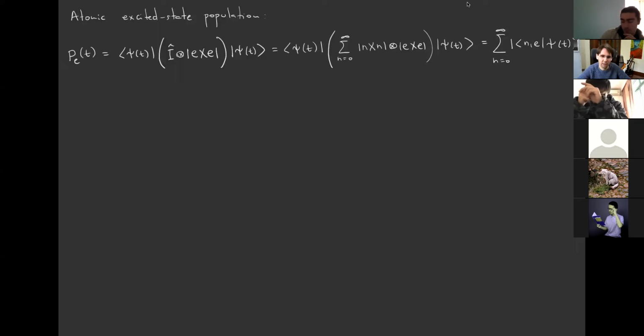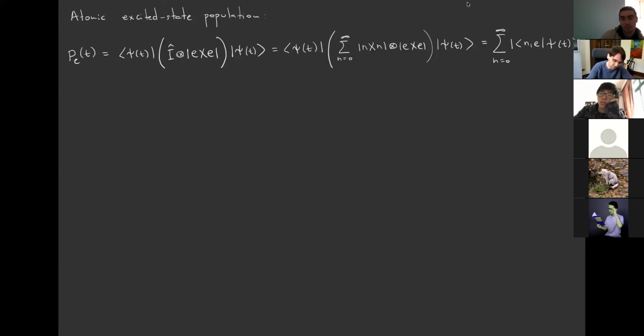Essentially, we could have thought about this from the beginning, but it's good to really go through the quantum mechanical definitions, because then you don't make mistakes. At the end of the day, we simply ask, what is the probability that the atom is excited when the cavity has n photons? And then we just sum over all the probabilities over all the photon numbers. That's the probability of the atom being excited for anything